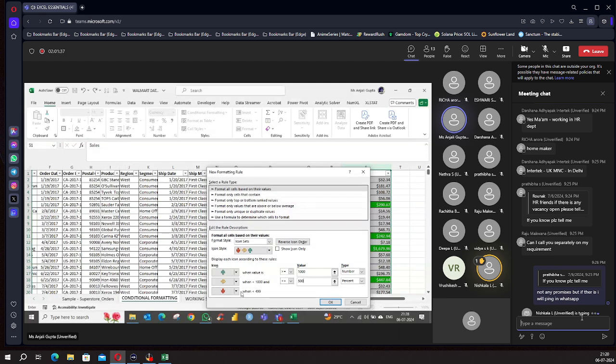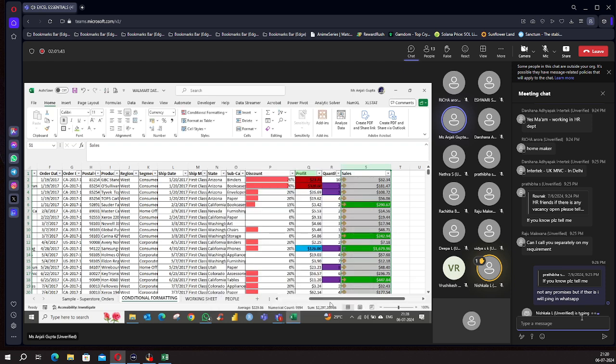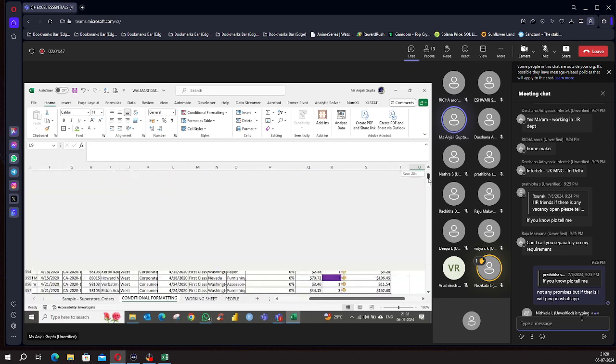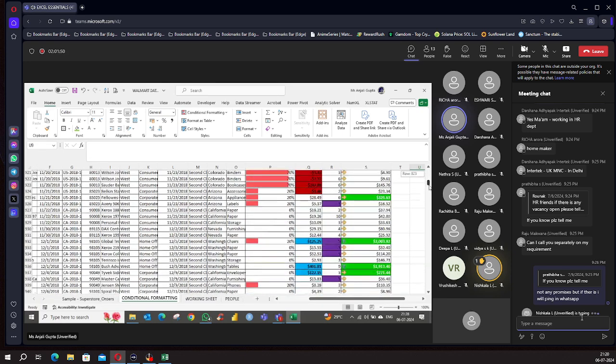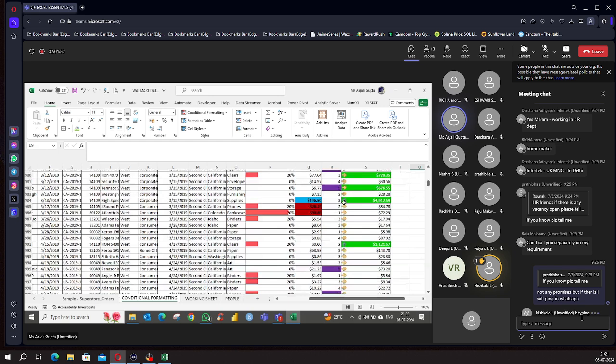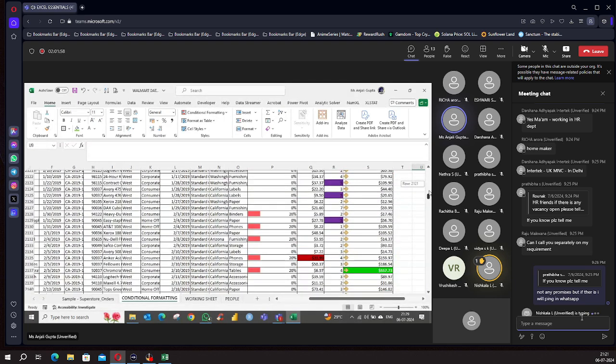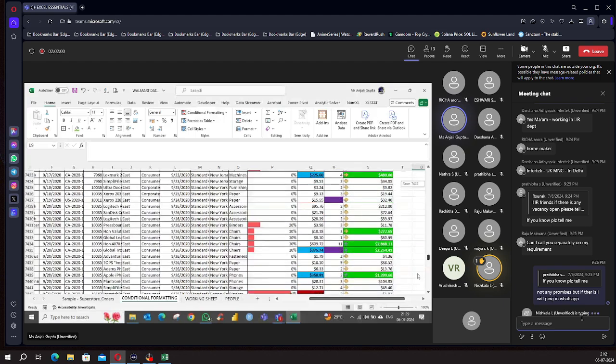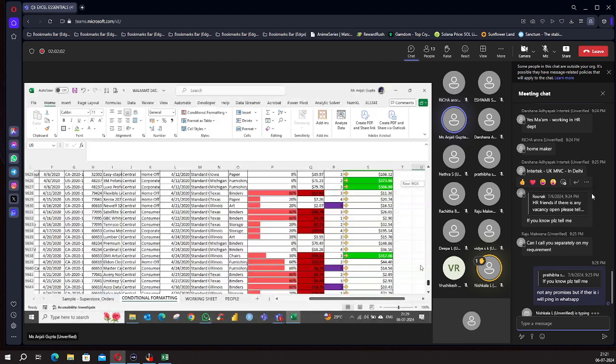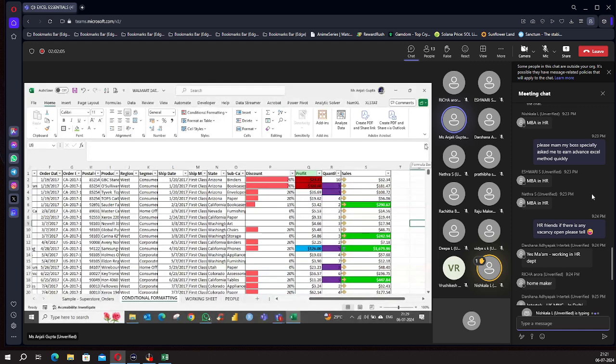And when it is less than 500, it is okay. And this is also supposed to be number. And click on OK. Now you can see you are having yellow over here. Wherever the values are on the higher side, it is green in color. And when it is below average, then it is red in color. So this is how we can apply icons also while we are working on